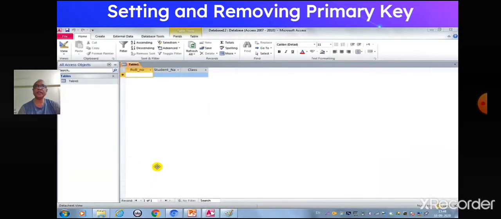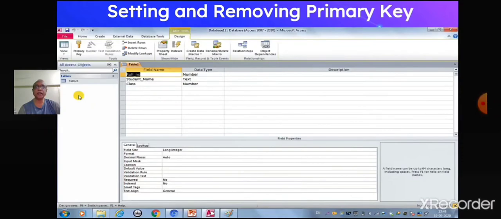Now let us see how to set a primary key. For this, you have to go to the design view. From the design view, right click on the field that you want to set as primary key. Click on the primary key option from the context menu.